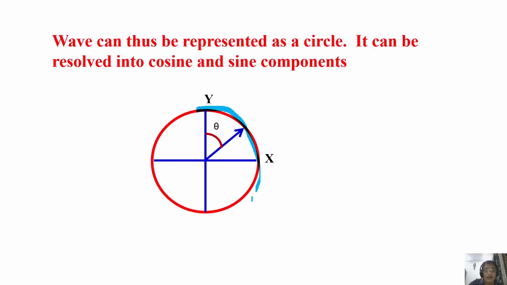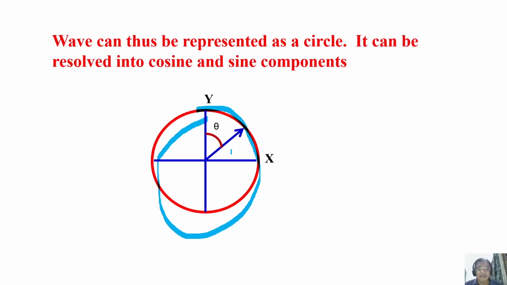That means you can represent this oscillating wave as a circle, right? That's what we said in the conceptual understanding. The maximum amplitude is here for theta equal to 0. When theta is equal to pi by 2, 90 degrees, the y component is 0, but it is along the x axis. Then y equal to minus 1 along the minus y axis, then again 0 at 270, it is minus x, and go back. So I am representing the wave in the form of a circle.